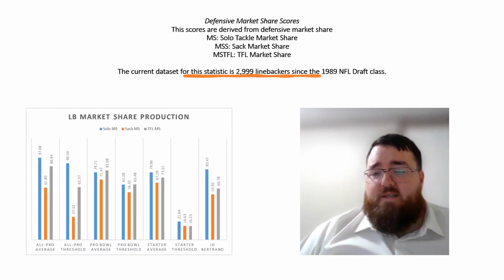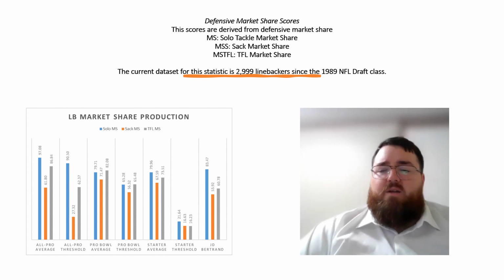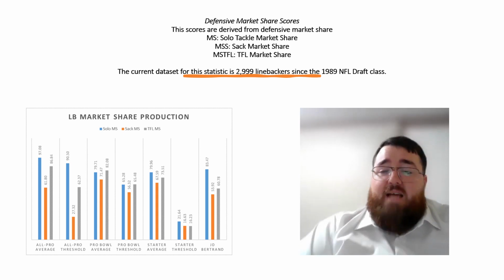Taking a look at his overall linebacker market share, he had near elite solo tackle production, but he has average sack production and average or slightly above average TFL production. So he pretty much is not really near the averages at the position for starters in terms of his tackle and sack production, especially his tackle for loss production.